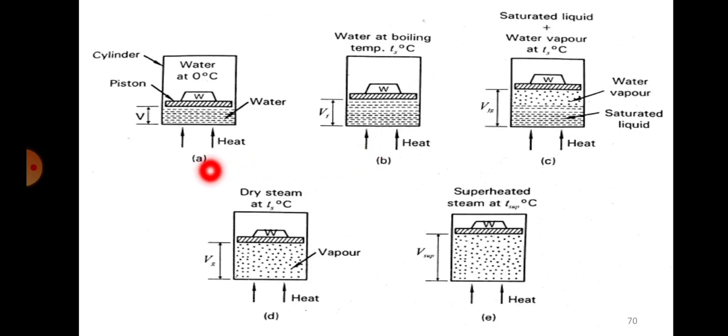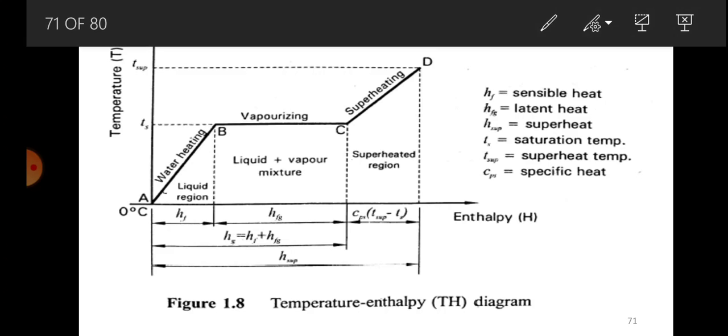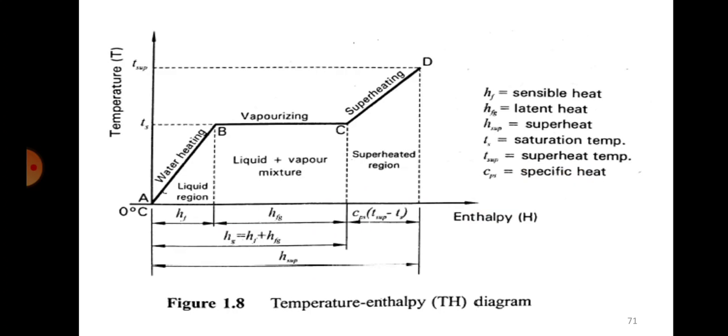So these A, B, C, D, E have no relevance to this A, B, C, D. This is a different A, B, C, D. These are the sketch numbers that are given here. I don't want you to confuse them. This is sketch A, sketch B, sketch C, sketch D and sketch E. This is not the capital A here, so please don't get confused. Of course, it coincides here. This A and that A will match. This B and the other B will match. But C is in between capital B and C in the graph. And this point D is actually C in the graph. And this last sketch represents D in the graph.